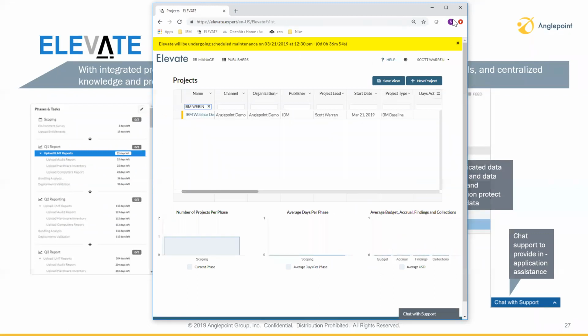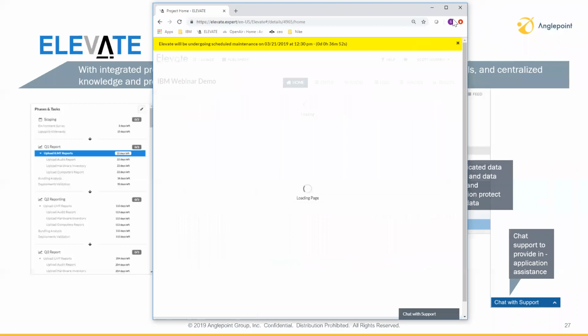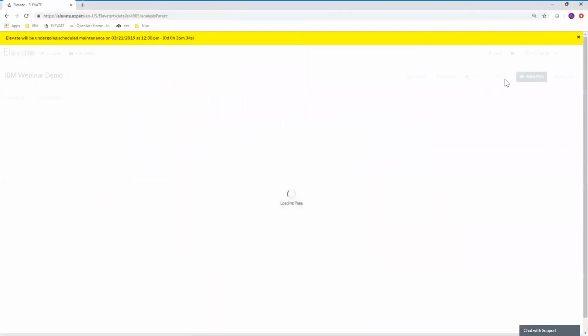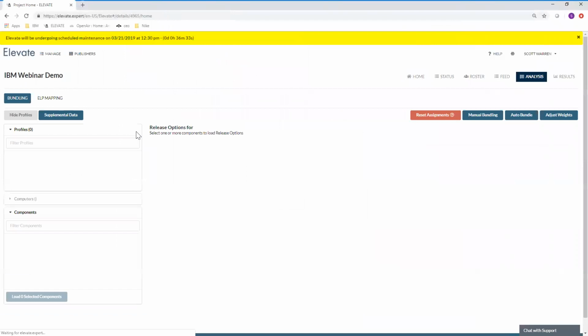So yeah, I know we don't have time, but the one thing I do want to cover is the bundling. Okay, so real fast, let's say you're a customer, right? You don't have the bandwidth or the human capital to go through and make each one of those bundling assignments. With Elevate,